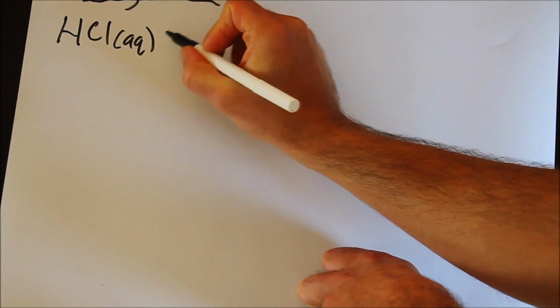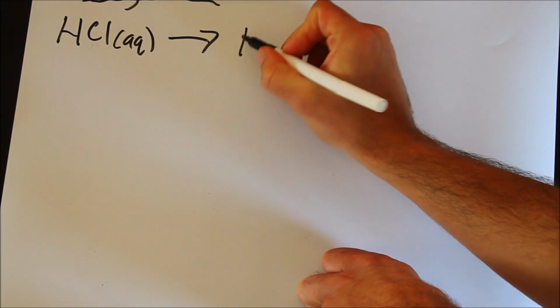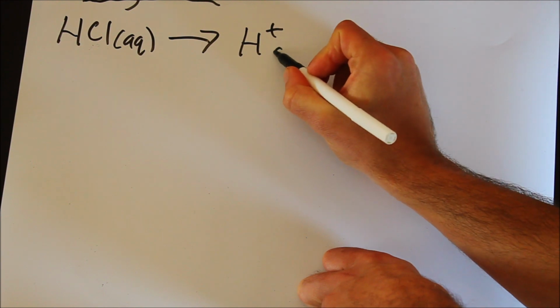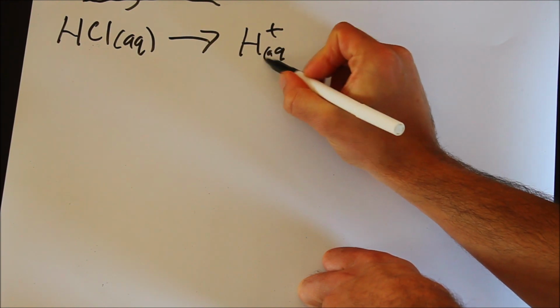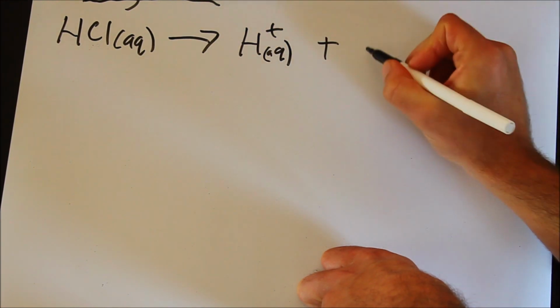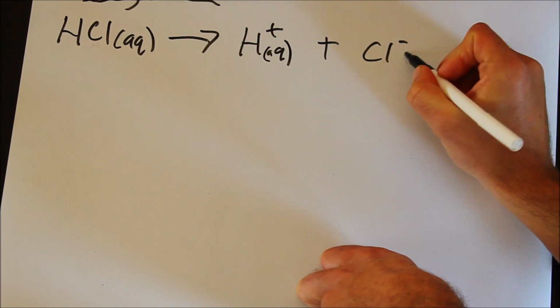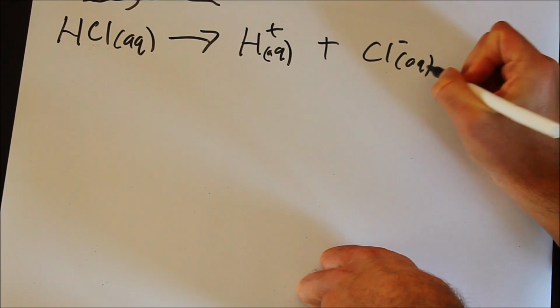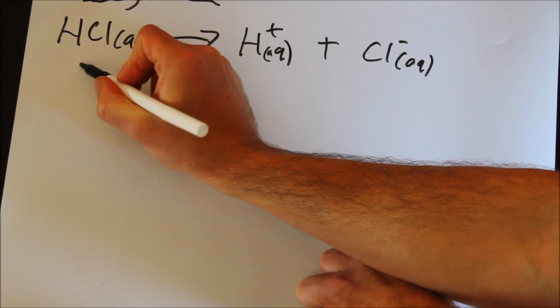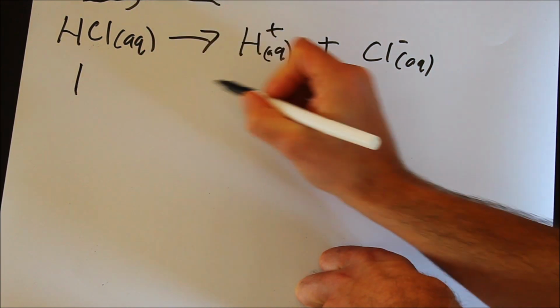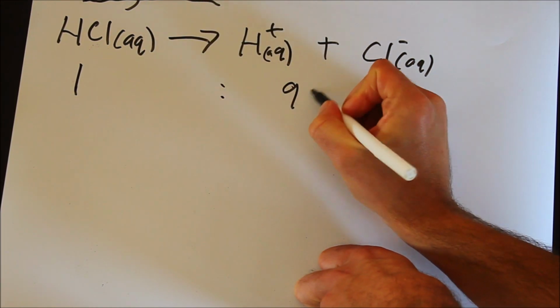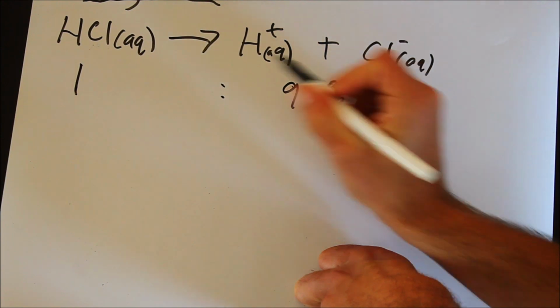And we make it aqueous, it dissociates or ionizes into hydrogen ions plus chloride ions, both aqueous. Now in a strong acid, we're left with a ratio of like 1 to 99, for example. So we get 99%